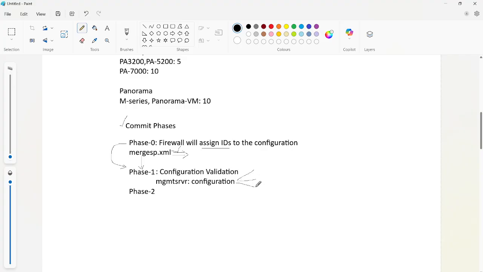Every other process in the sense, let's suppose you have a firewall. Let's suppose you have configured interfaces, zones, and IPsec configuration, okay, in the same commit. Let's suppose you have also configured high availability, okay. For everything you will have a separate process. For interfaces and zones you will have the device manager service. For IPsec you will see IKEMGR, okay, I will show you that. For HA you will see the HA agent, okay.